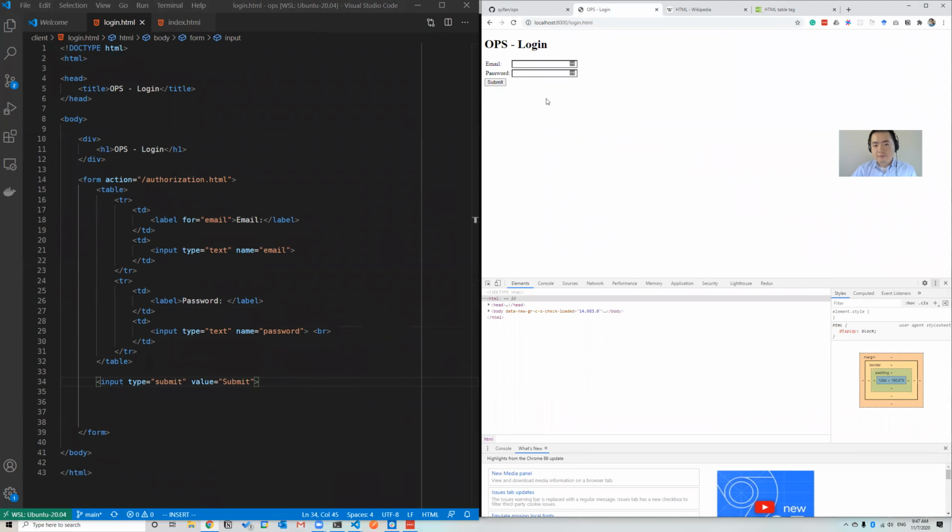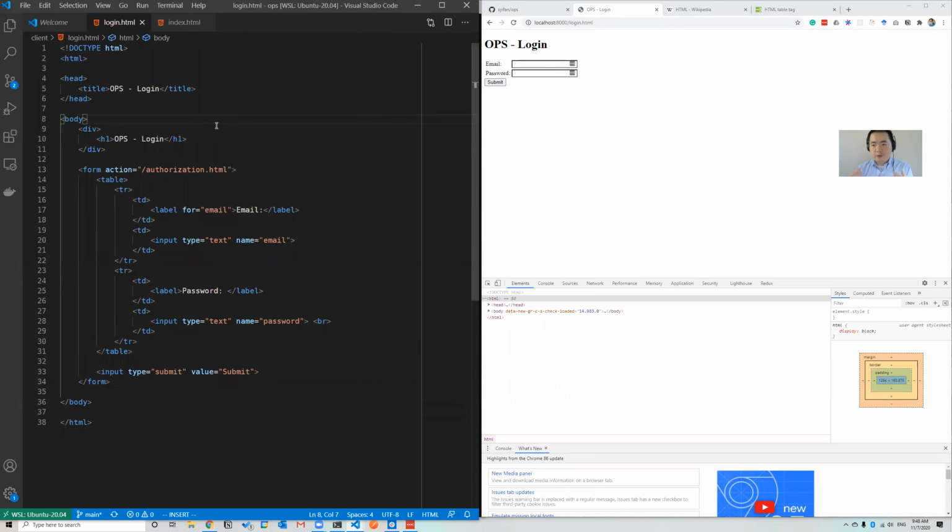You can see it's not changing too much, but at least it has this alignment. Okay, so the information here is that there are many different tags in HTML, and we're going to introduce more tags later as we develop this website. But for now, you should have a good understanding of HTML, and you should be able to write very simple web pages. Okay, so that concludes the first part of this tutorial, and I'm going to